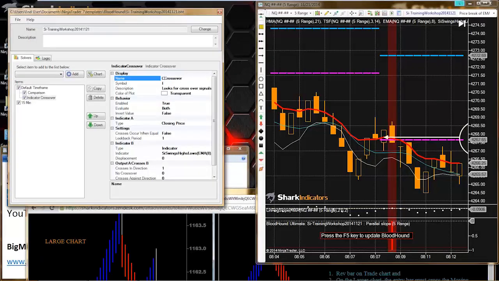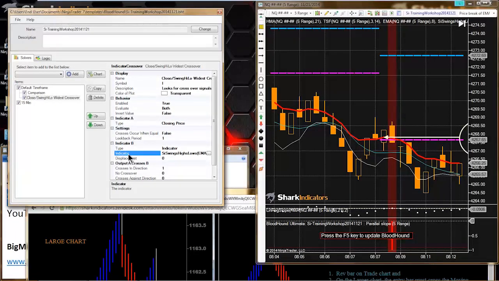Let me give this a name here. I should name my solver, shouldn't I? Okay, there we go. So this solver is operating on the default time frame, and so the data used in indicator A and the data used in indicator B are also on the same time frame,